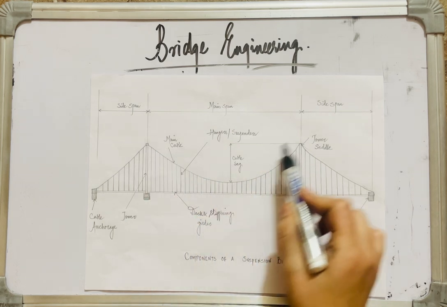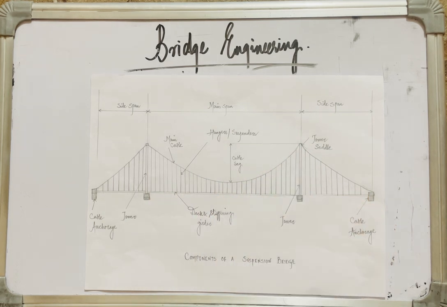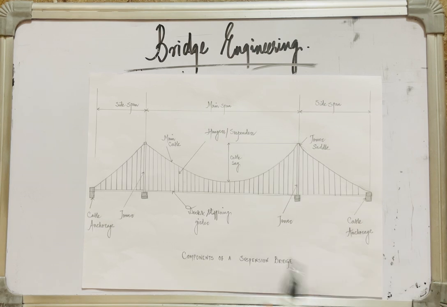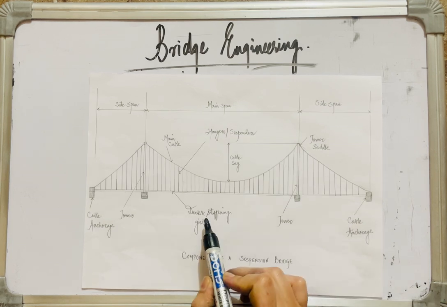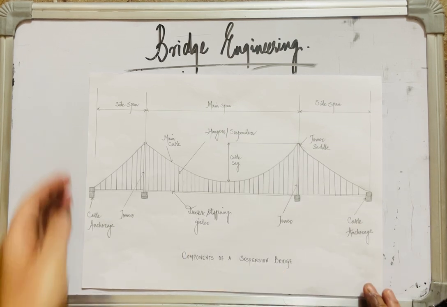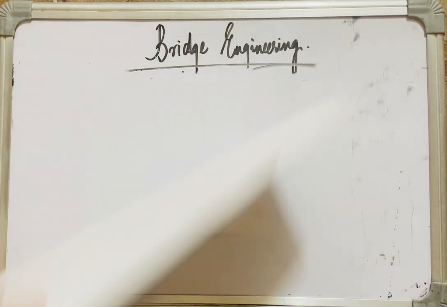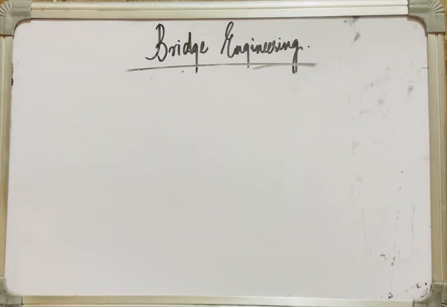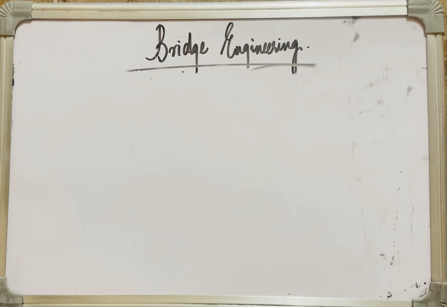And this flexible main cable takes the shape of a catenary between the two points of suspension in case of a suspension bridge. And that means that the bridge deck in case of a suspension bridge is formed of the deck and stiffening girder mechanism, wherein the stiffening system, if inadequate, can cause the failure of the bridge due to torsional oscillations. And the stiffening system usually consists of trusses which are pinned at the towers and